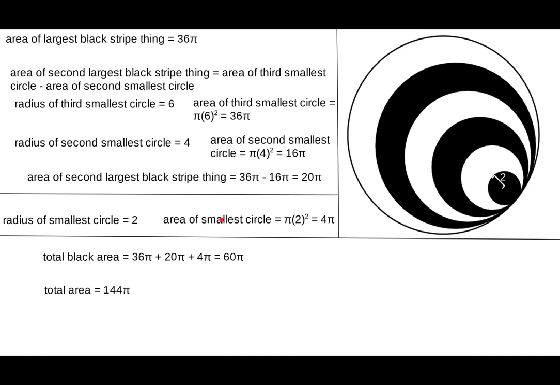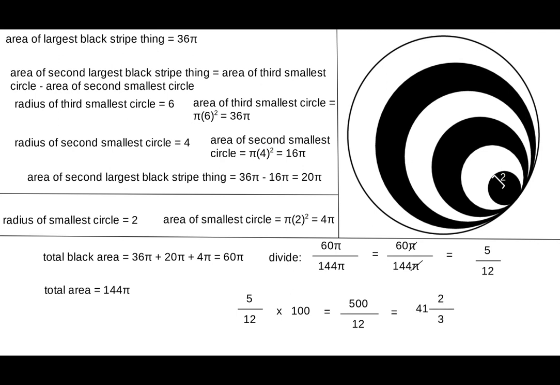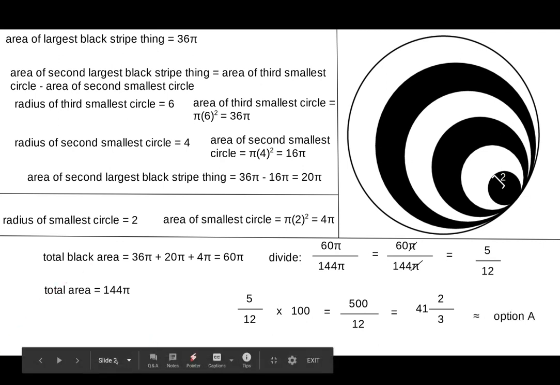So if we want to find the percentage that's black, the way we do that, first we divide, then we multiply by 100. That's the way to find the percentage. So let's divide 60 pi over 144 pi. The pi's cancel out, and we get 60 over 144, which can be simplified to 5 twelfths. Now we just have to multiply by 100. 5 twelfths times 100 is 500 over 12. And if we divide, we get 41 and 2/3, which is closest to option A. So the answer is